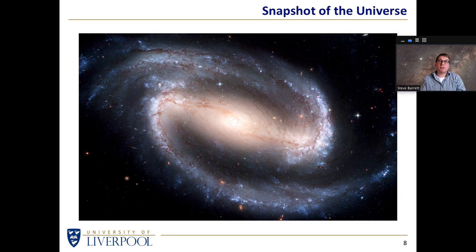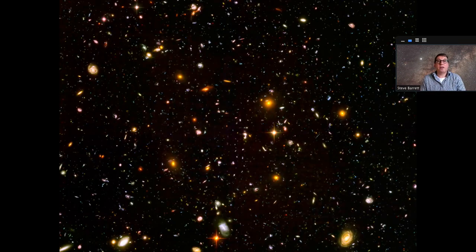And similarly for galaxies. Taking a picture of one galaxy isn't enough, but if we take a picture of hundreds or thousands or millions or possibly even billions of galaxies, there will be telescopes coming online shortly that will be able to build a catalogue of many billions of galaxies, then by looking at enough of them, even if we don't see them moving, even if we don't see them changing, if we have enough snapshots like this, and remember that we also have the ability to look back in time by looking at galaxies that are further away from us, then with enough information like that, we can stand a chance of working out how the universe works.